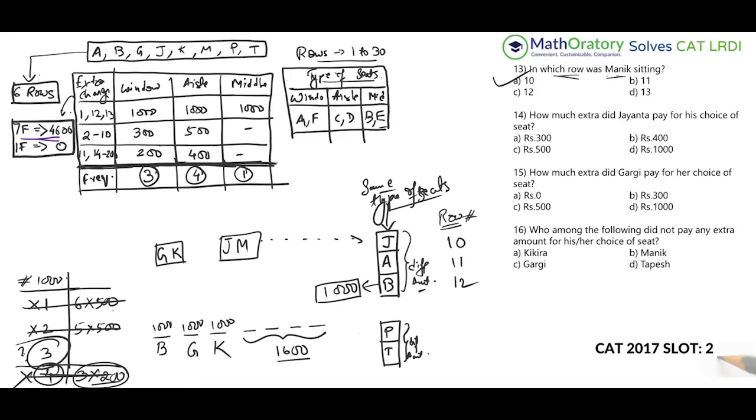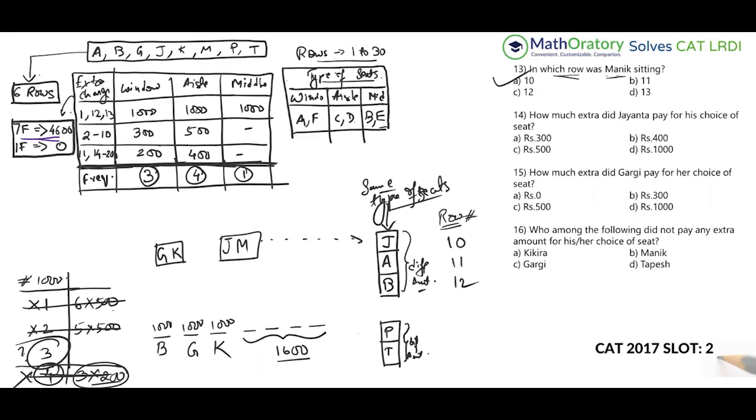I don't need to write it explicitly. So I'll just take this B 1,000 off. This will create too much of a hodgepodge here. So let me write the amounts in this place itself. Anyhow, carrying on. Now, what about the rest of the amounts? Now, we know that P and T are paying different amounts, right? Now, what amounts could P and T pay?